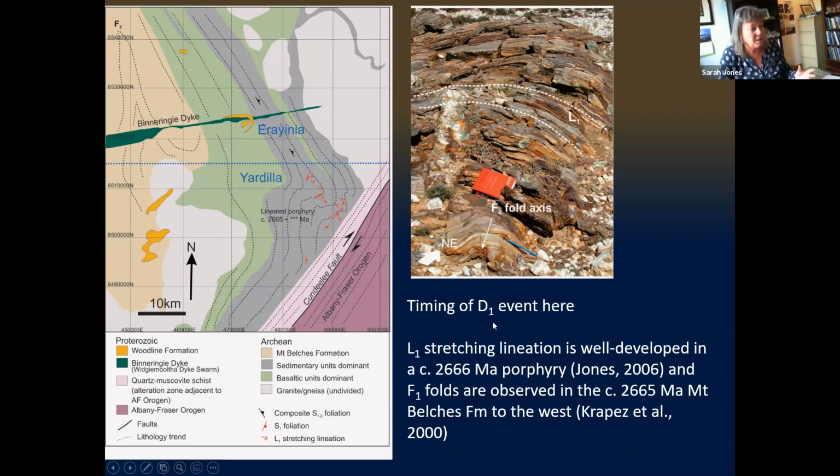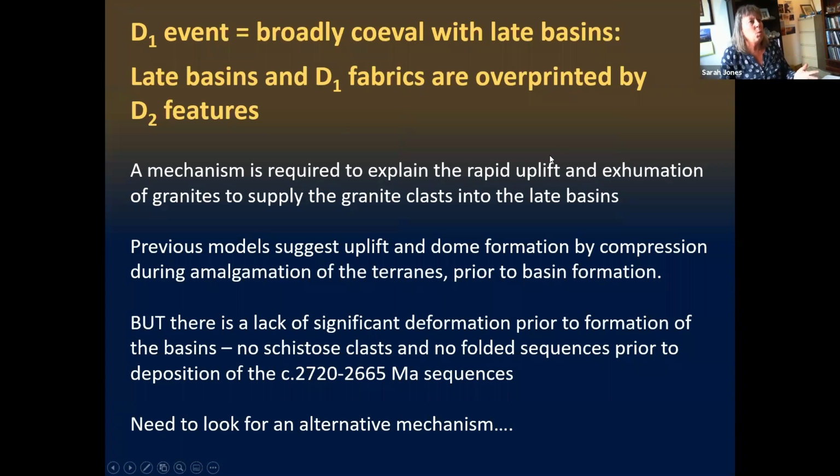But obviously deformation is starting before the lake basins are deposited. So we're seeing the D1 event is broadly coeval with the lake basins, and both the lake basins and the D1 fabrics are overprinted by that strong east-west compression with those F2 folds. So we need a mechanism to explain that rapid uplift and exhumation of the granites to supply the granite clasts